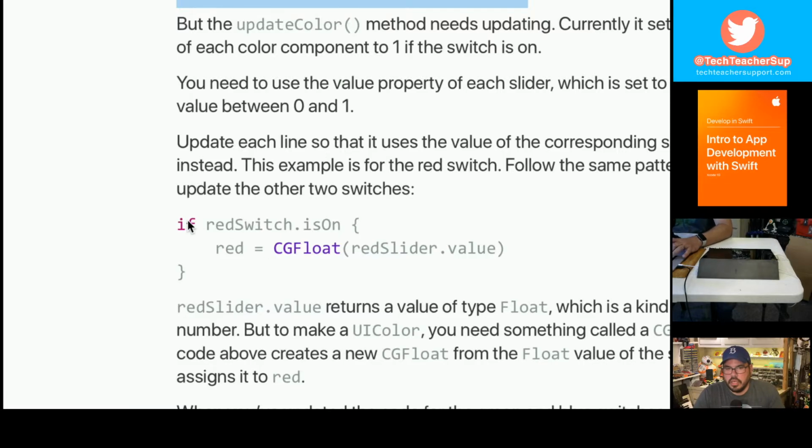Remember, we wrote this code. If the red switch is on, red equals 1. But what we need to do instead is say, if the switch is on, look at where the slider's at and base the decimal point on where the slider's at. Is it halfway? Is it 3/4? So if the red switch is on, if we flip our switch on, then check the slider value